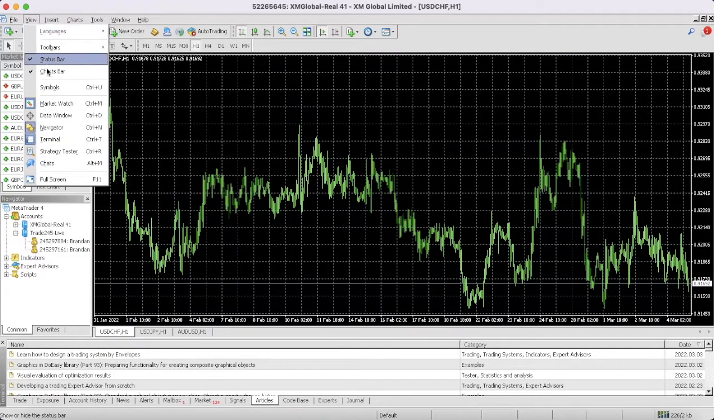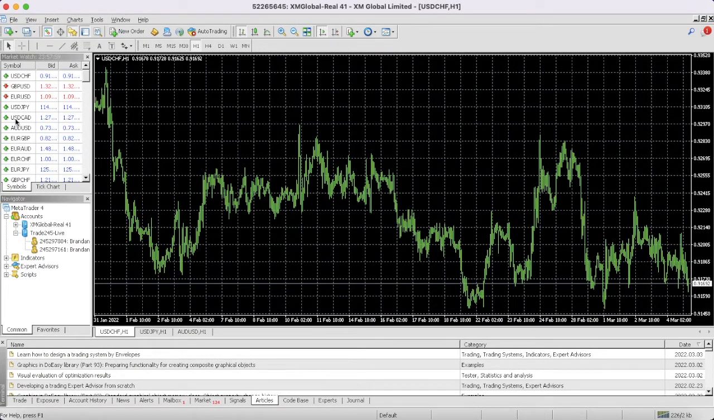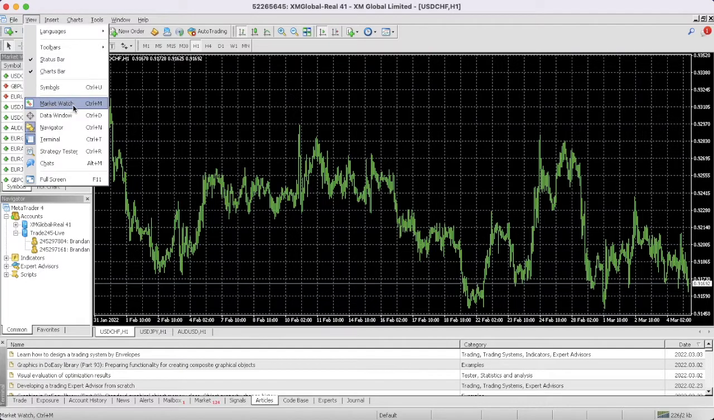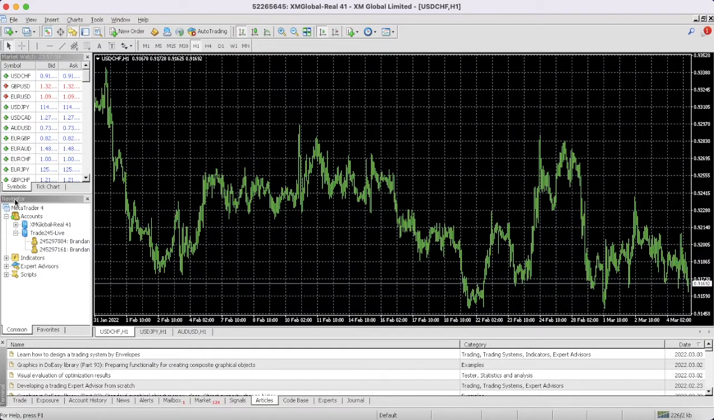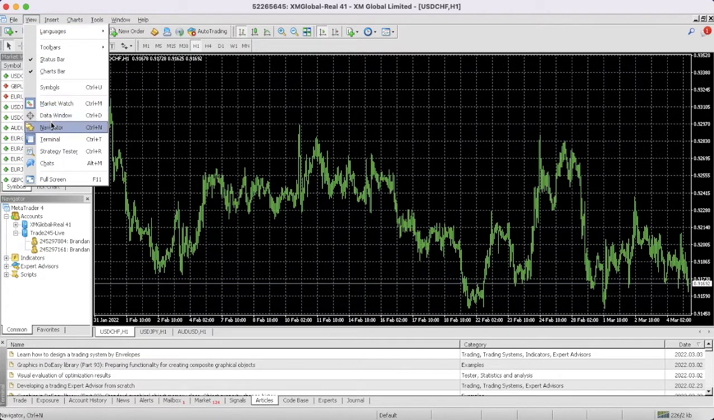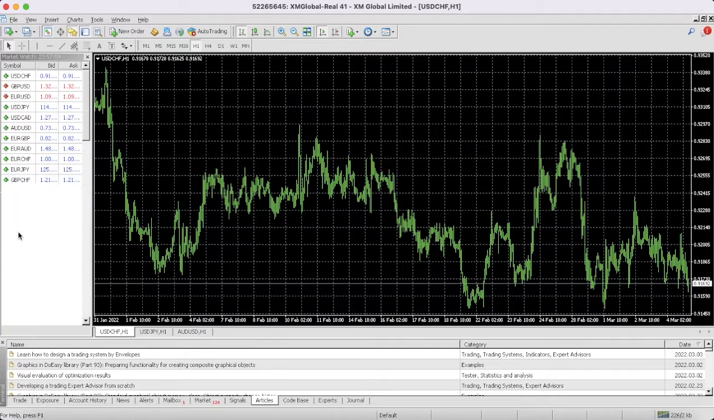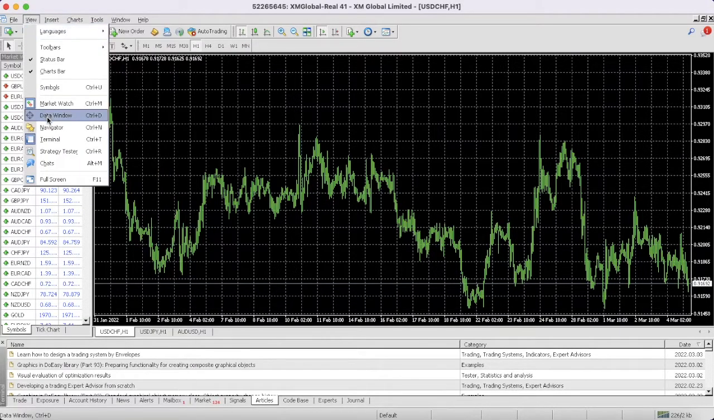View, so as you can see, this over here is the market watch. All right, so if you want to remove it, or you removed it by mistake, you can either press Control M or just click on there. Okay, it'll bring it back. This one here, navigator, is here. Control N. Okay, if you lose it,